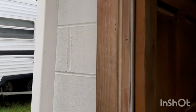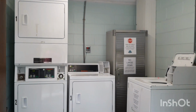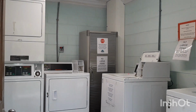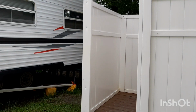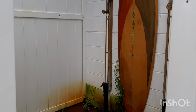And then this is their laundry facility. They have washers and dryers right here. It looks like it's $1.50 a load to wash and $1.50 a load to dry, so that's actually not bad. Again, it's very clean. And here is the outdoor shower area. Go ahead and show you that. Yeah. And then we will head back on down